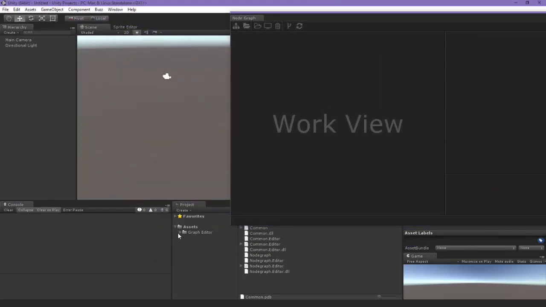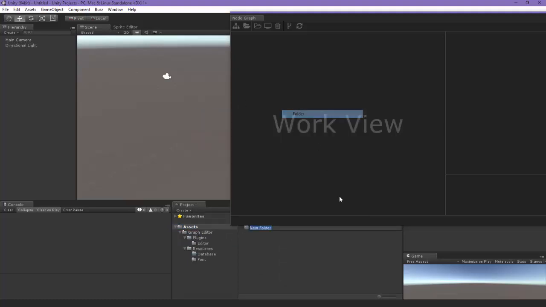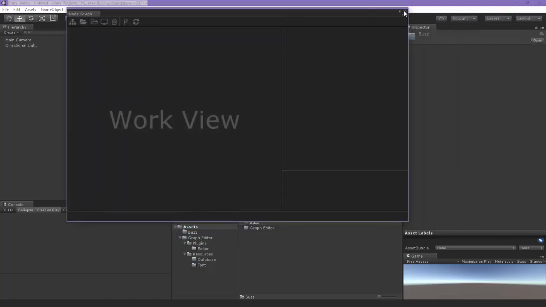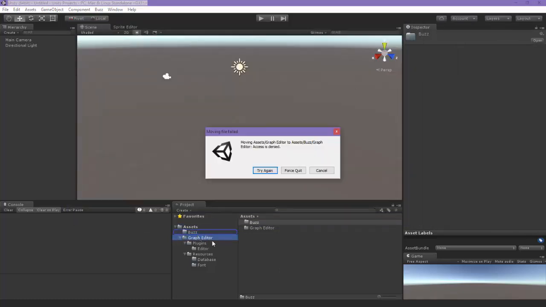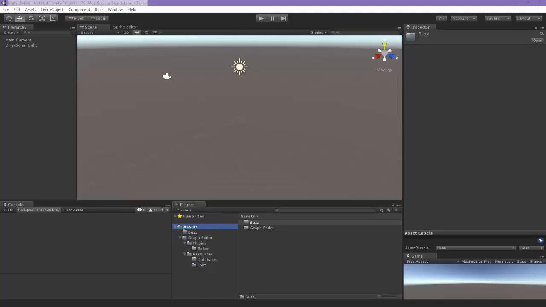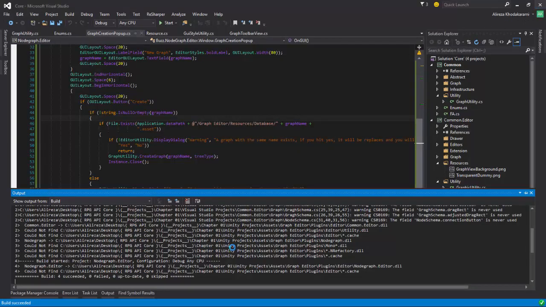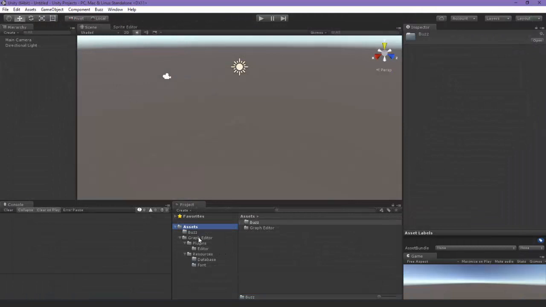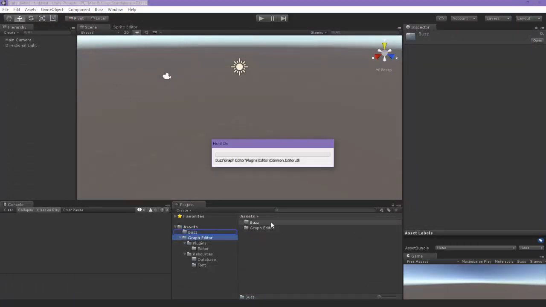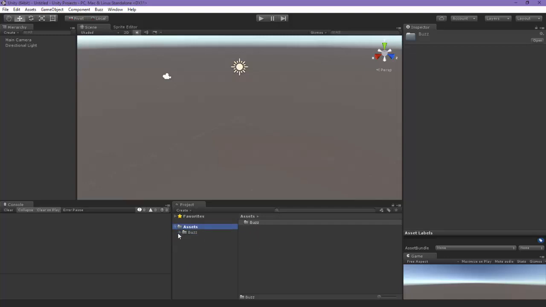And honestly, I don't like it. I can create another folder and call it buzz. And now if I want to move everything there, it will yell at me that, hey, you can't because the plugins are not working there either. See? So I can close this and move everything to buzz now so that it's unlocked. And yeah, we will have this structure,